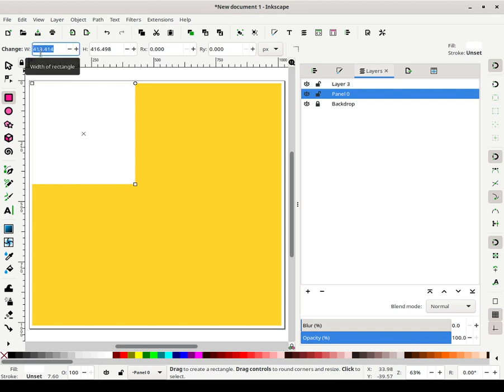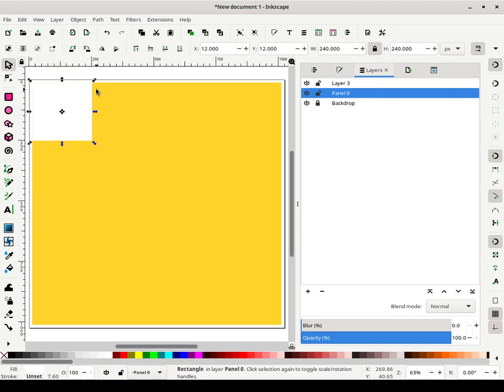Now what I'm going to do to save myself some trouble is actually use some mathematics. So 1000 divided by 4. Let me put this in brackets actually. And then I'm going to take away 10 from that. That gives me 240. And then over here I'm going to put 240 again. Actually, I don't want it that small.